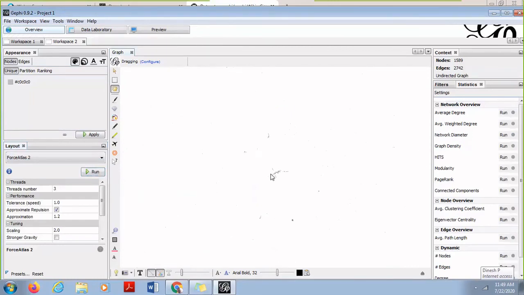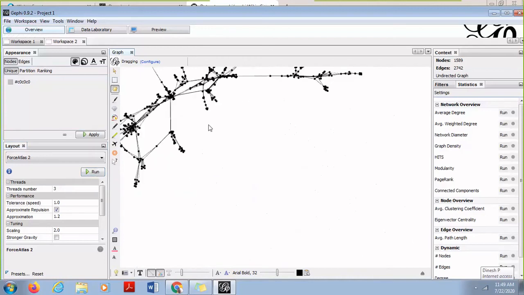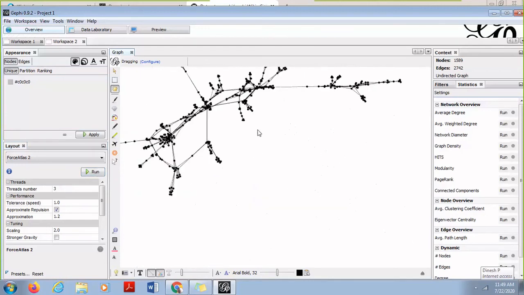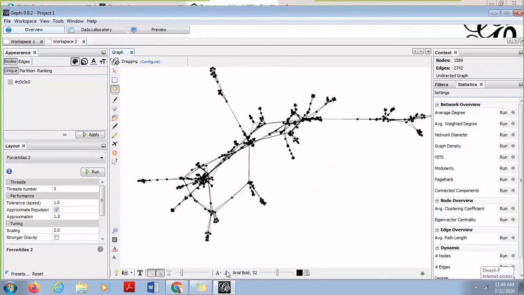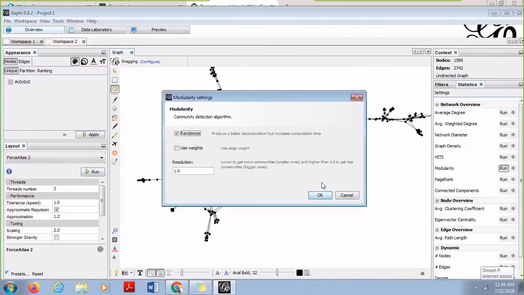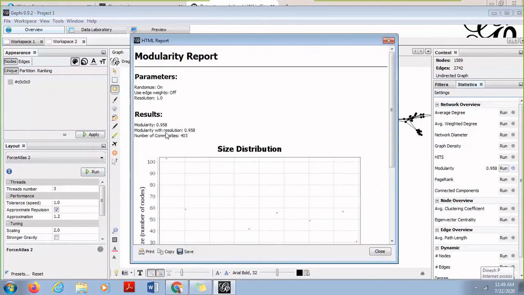And therefore, what you need to do is work on this part of the graph so that you can analyze something or derive something from the data that you have. Okay. So let's say I apply modularity onto this again. Now here you'll observe, since the data size is very huge, I have got 403 communities. Okay.